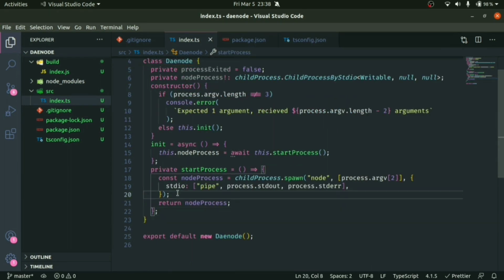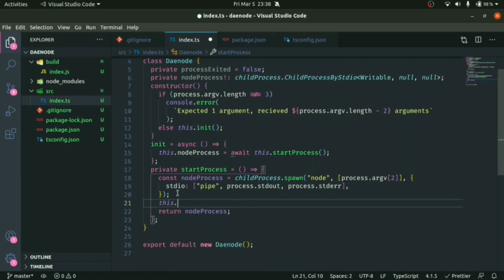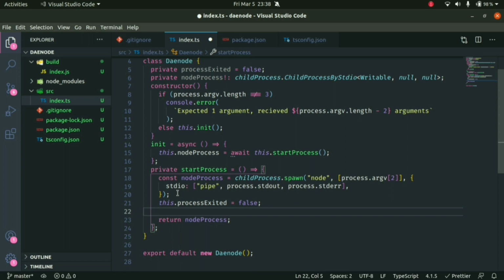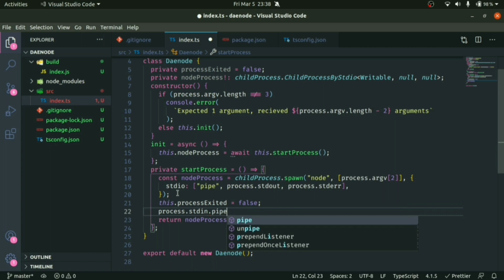So next, after this node process has started, we will set this.processExited to false, because currently the process has not exited and it has just started. And the next thing, we'll pipe the process standard input, which is process.stdin, to the child process.